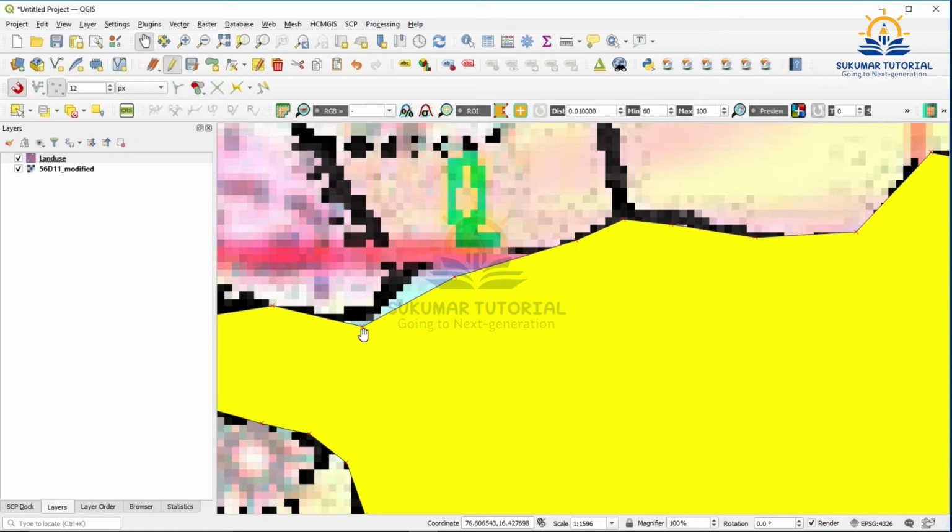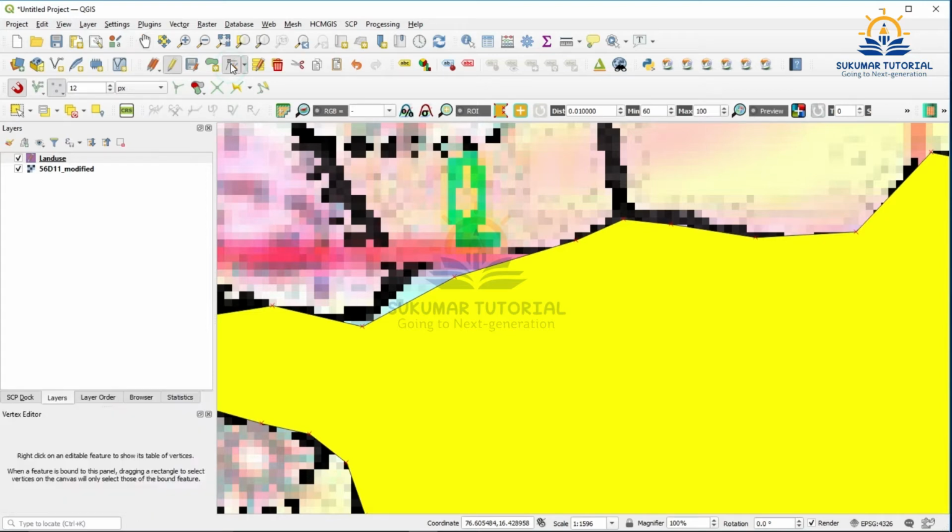Here one point has come out, so I have to use the vertex tool once again. Click it over there, one click, the square has come, then move it. It has moved. Similarly here also, one click, one square is there, then you move it. Just click once, then slowly move, see, just move.